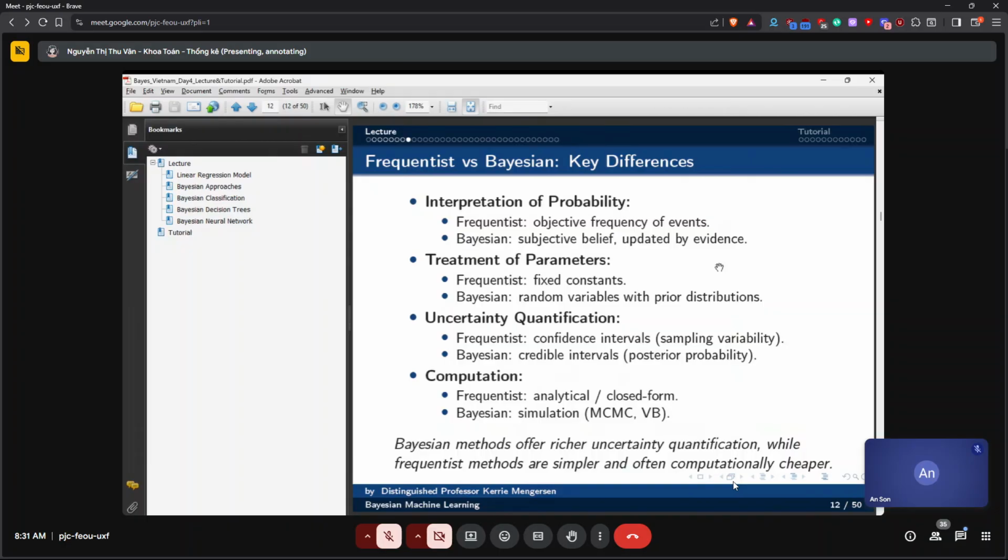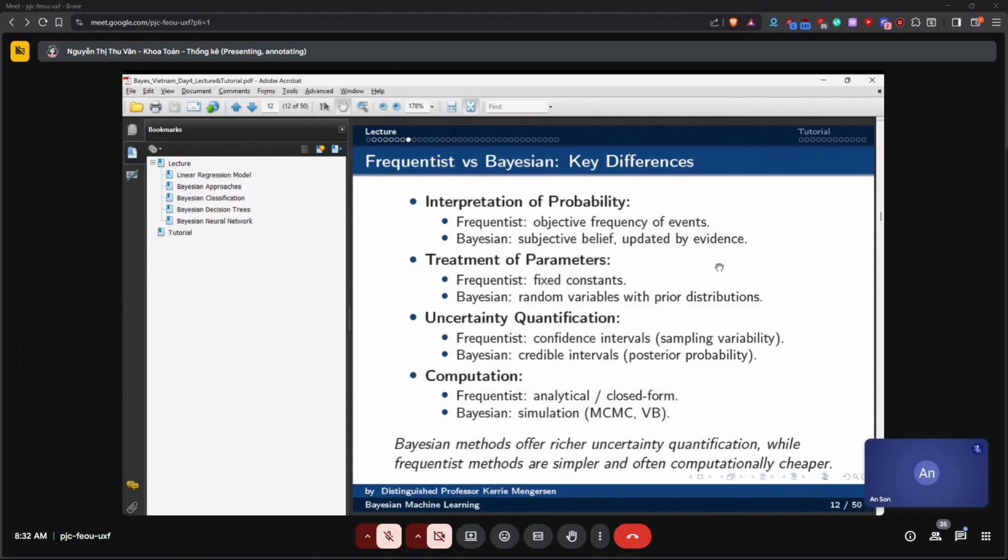And computation is also different. In the frequentist sense, we use analytic or closed form methods. Typically, we can use expectation maximization as an approach in a frequentist method, but typically it will be analytic and closed form. So the types of models that we can deal with are a much smaller family. In a Bayesian framework, we use mainly simulation-based approaches. Some simple problems, as we saw on day 1, we can do analytically. Otherwise, we use some sort of simulation-based approach.